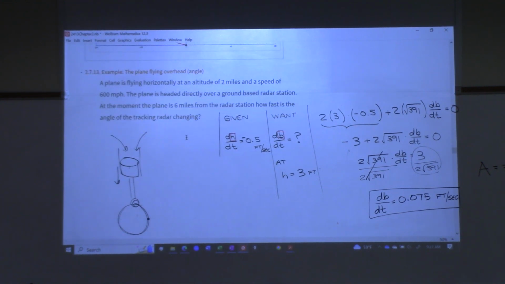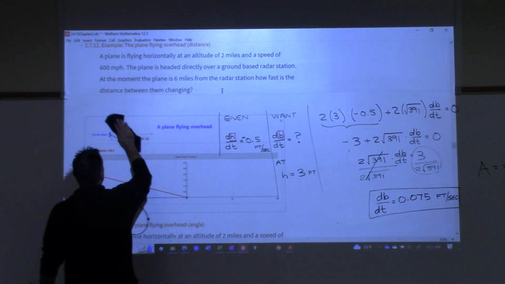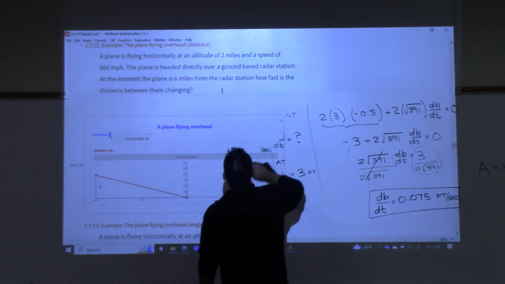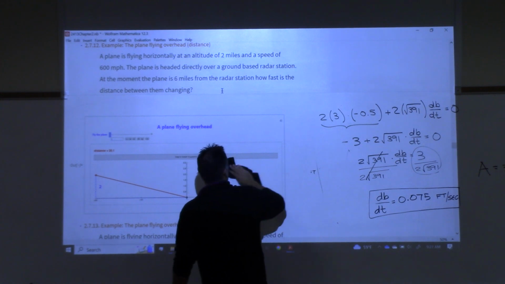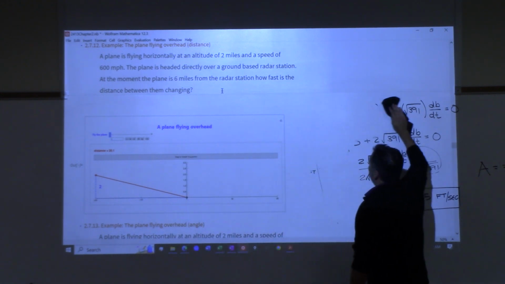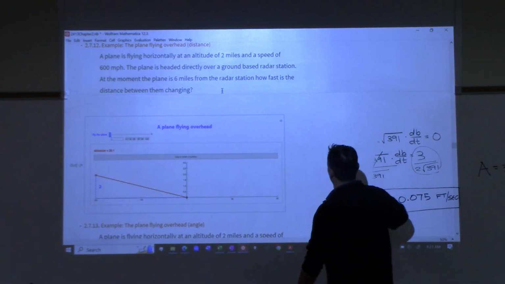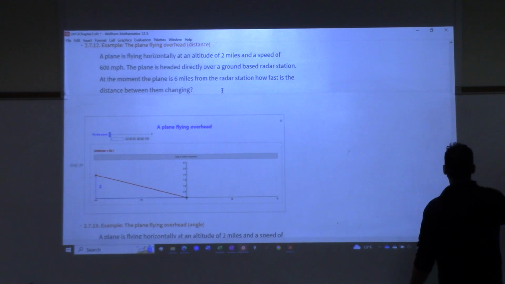So we had this problem before spring break where we had a plane flying overhead, right? I'm going to let you read that problem. We did this problem in class. Plane was flying horizontally at an altitude of 2 miles. The plane was flying at 600 miles per hour. And then I said, okay, at exactly the moment the plane is 6 miles from this radar station on the ground,